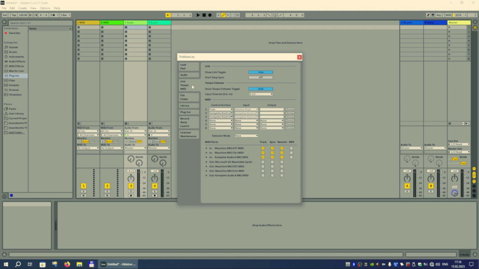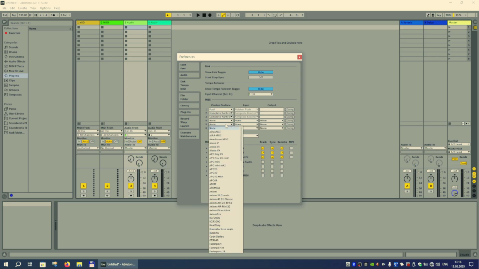Link tempo and MIDI section is where you set up your external input devices such as MIDI controllers. Actually, my best advice here would be to visit a manufacturer's website and find instructions on how to set up your devices in Ableton Live. This is because it may involve choosing some specific and not obvious options from these menus, especially if your device is new on the market and not listed among the devices supported natively by Ableton Live yet.